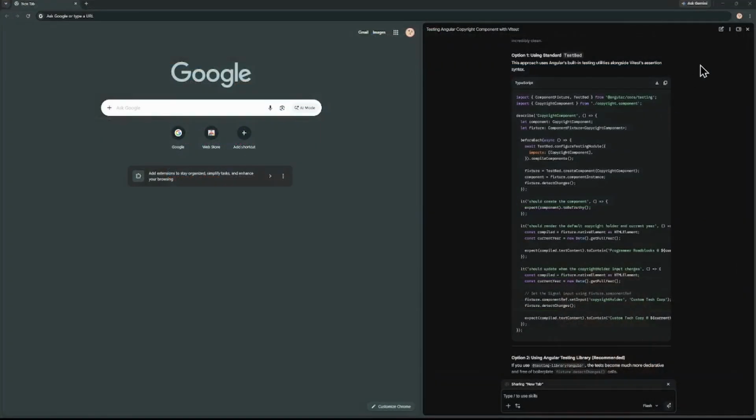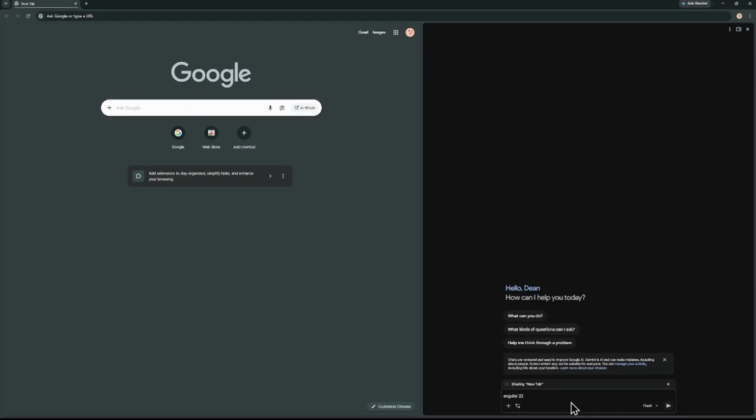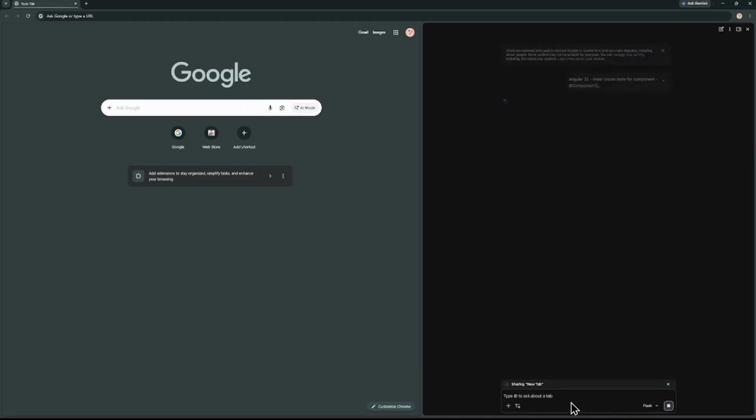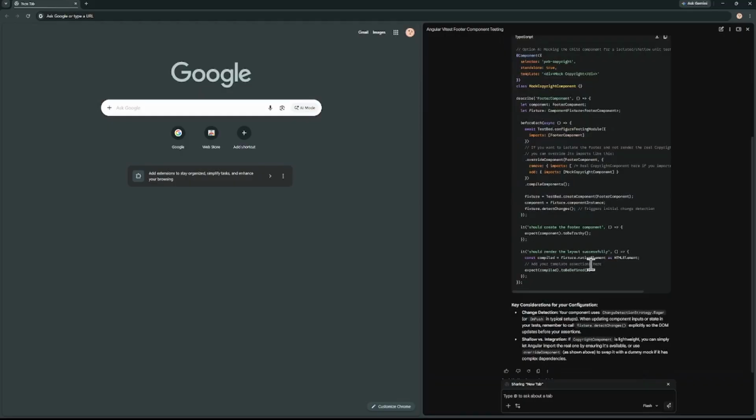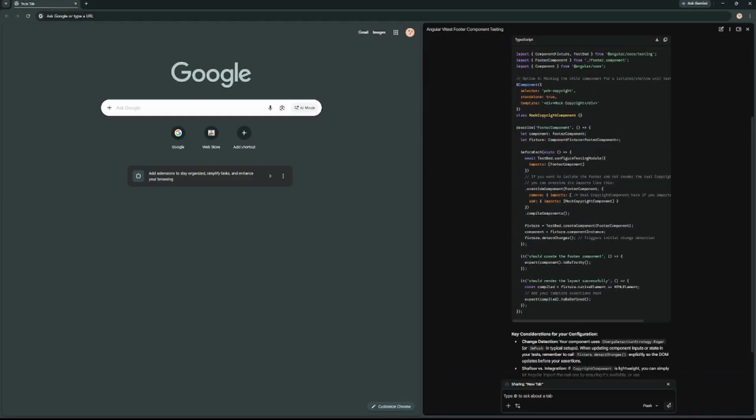Let's go back over to the web, and I pasted the component in. Now this is giving me quite a bit of information here. Let's see if I have that. Now this is creating a mock copyright component. I don't have that in my current test. That's a good thing. And then it's creating a footer. It's creating all this. So let's copy this whole thing, and I'm going to bring it over here,